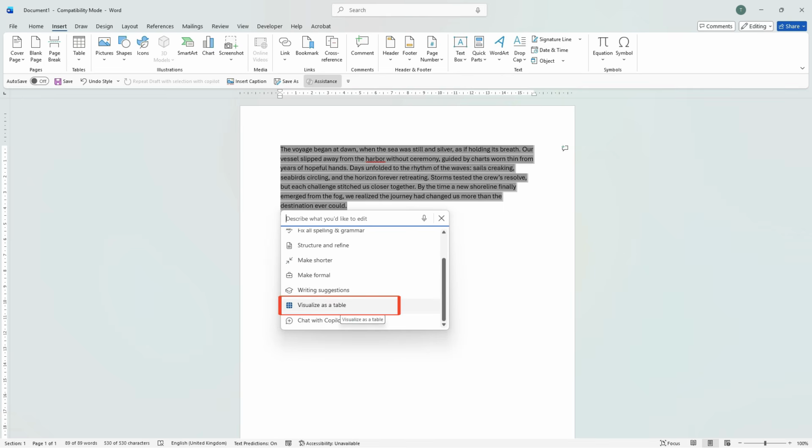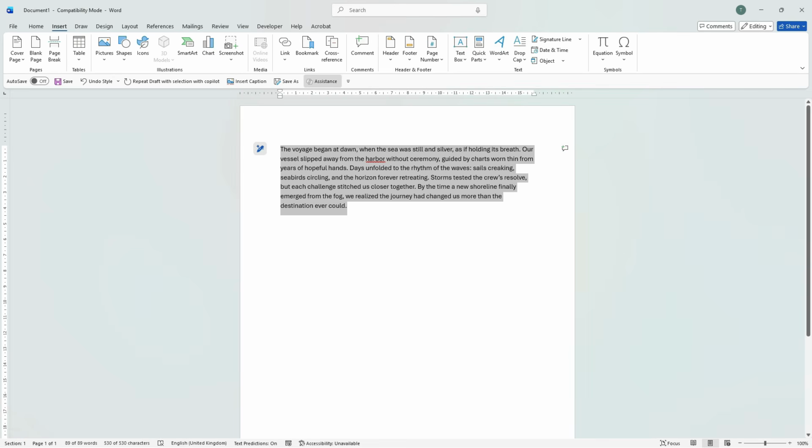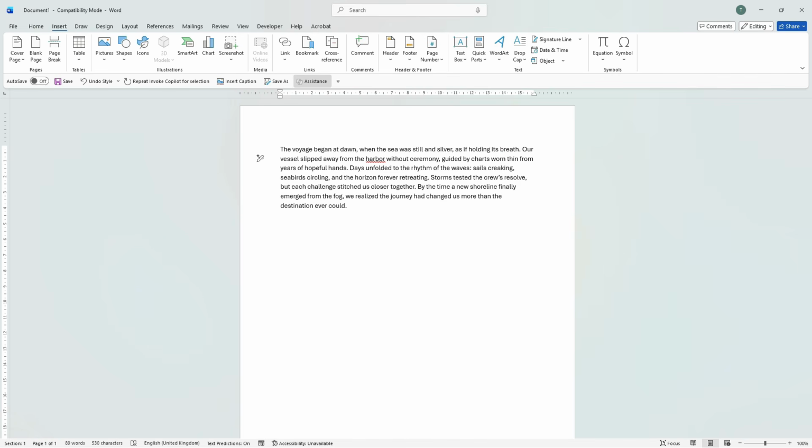You can visualize this as a table. There's an option to chat with Copilot, and this will open up the Copilot panel on the right-hand side. Returning back to the Copilot menu, if you have a microphone, you can also start dictation by clicking on the microphone icon. And if you want to use Copilot to analyze a single sentence, click into the sentence and then